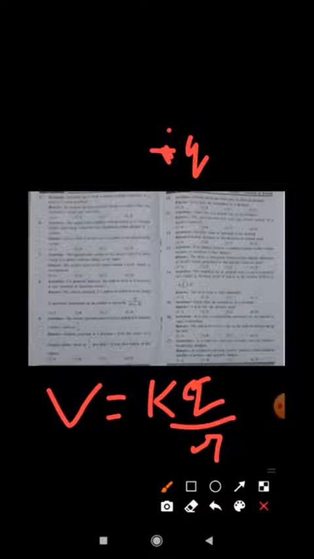If our charge q is a point charge, a stationary, fixed charge, then in this formula q will not change; the quantity that changes is r. So V is inversely proportional to r, and for a fixed r, V will also be fixed. Suppose we take r equal to 1 centimeter, a distance of 1 centimeter from this point charge plus q.